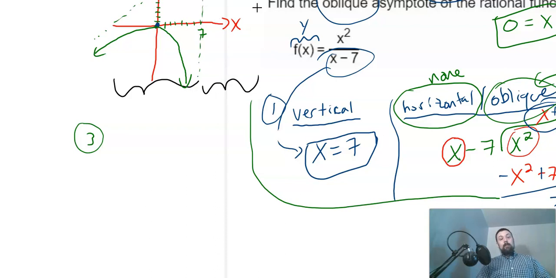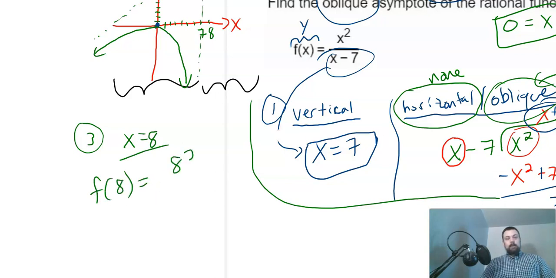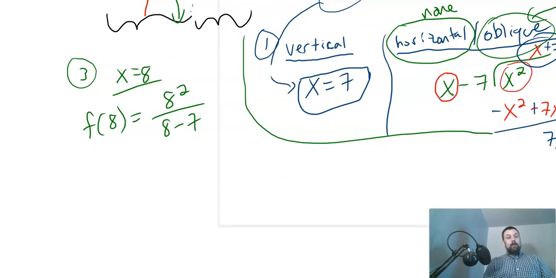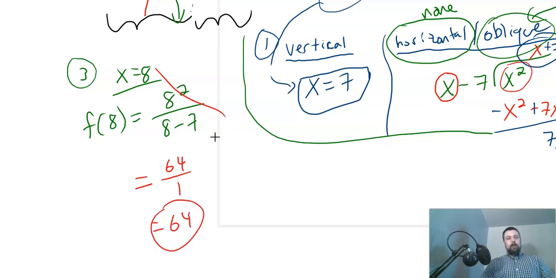Right? But what I don't have any information about is the right-hand side of this graph. So I'm going to choose x equals 8. That's probably the easiest choice to make there. And I'm going to plug that into the function. So I'm going to have f of 8 equals 8 squared over 8 minus 7. And again, it's another rare case of a rational function giving us a nice answer. We're going to end up with 64. It's a nice answer, but it's a big number. We'll get 64 over 1, which is going to be 64. All right, so we get the point 8, 64,